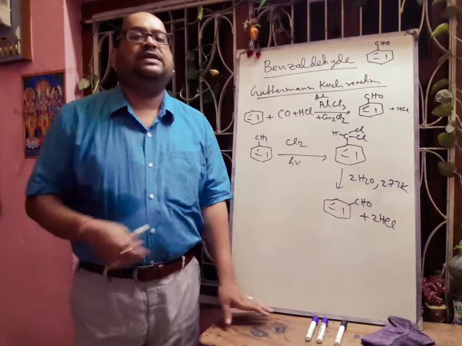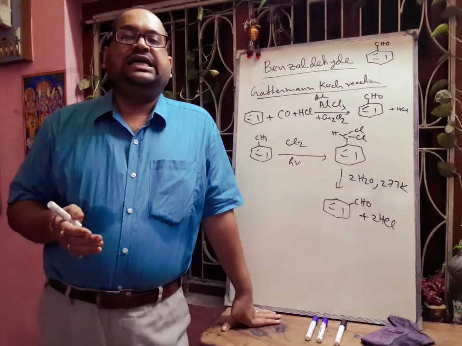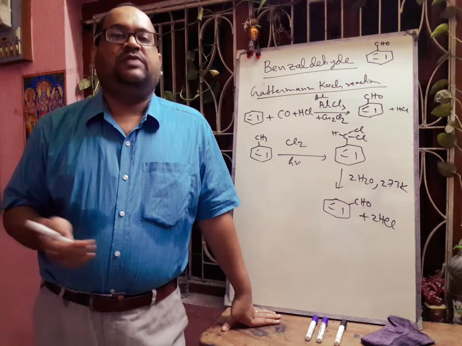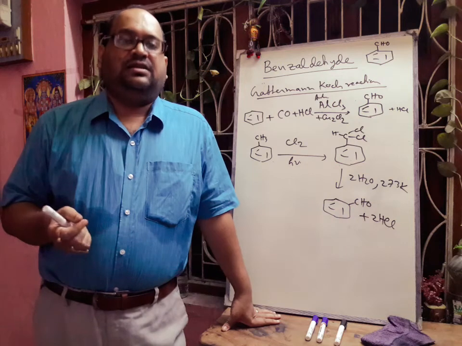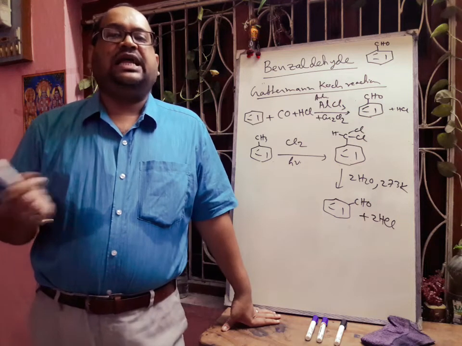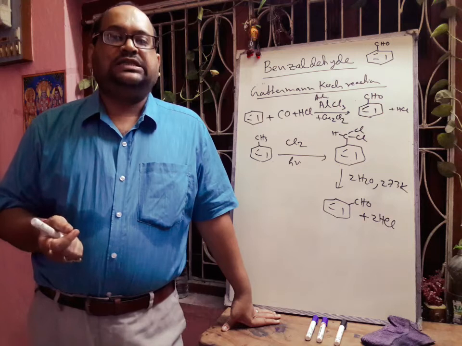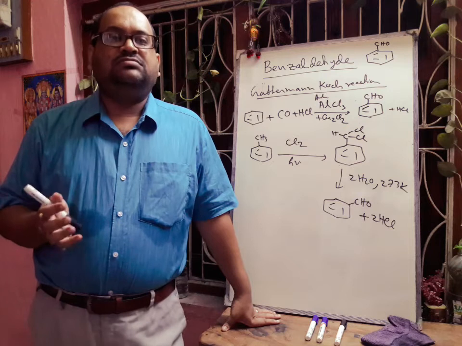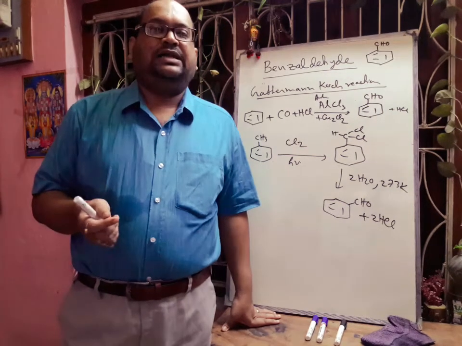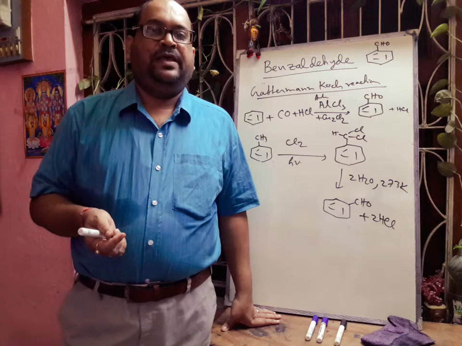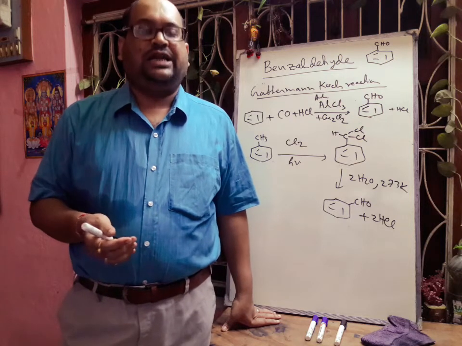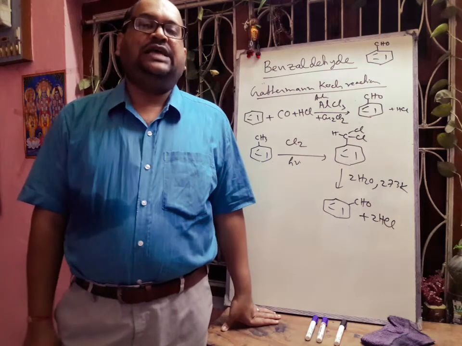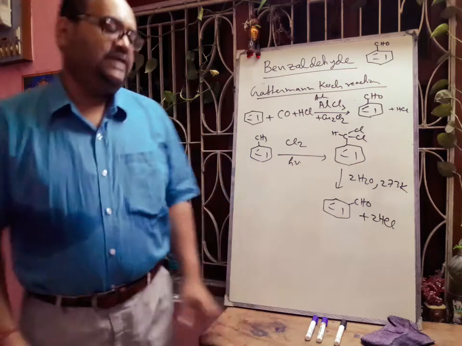Now, what are the physical properties of this benzaldehyde? Benzaldehyde is a colorless, oily liquid and its boiling point is 452 Kelvin. In case of benzaldehyde, there is a smell of bitter almonds and therefore it is known as oil of bitter almond. It is only slightly soluble in water, but readily dissolves in organic solvents. This benzaldehyde is steam volatile, you know what is steam volatile, and it is also poisonous in nature. Next, we will discuss the chemical properties of benzaldehyde.